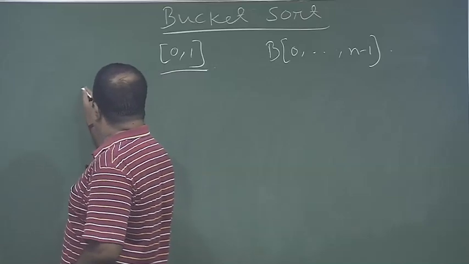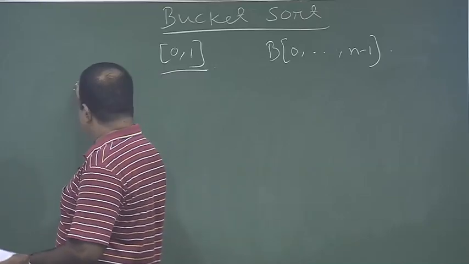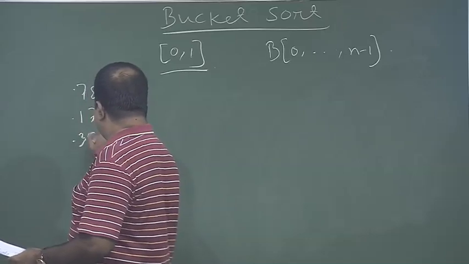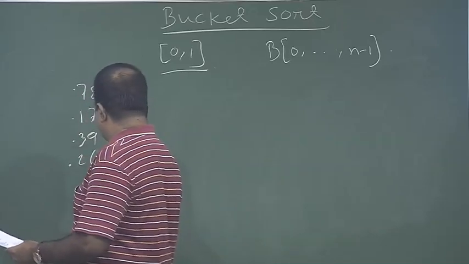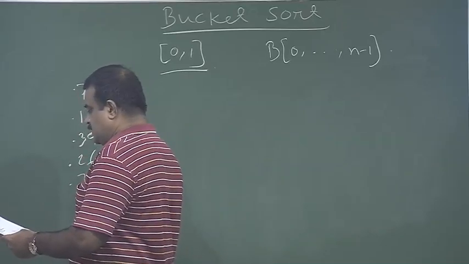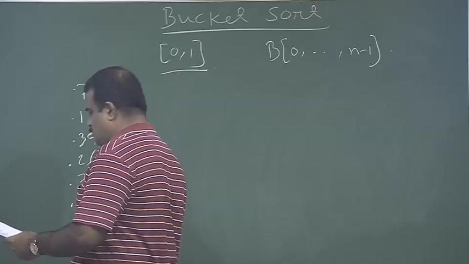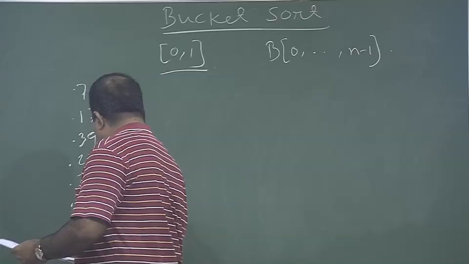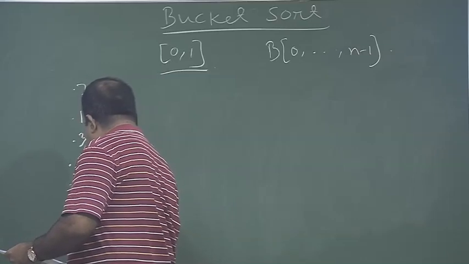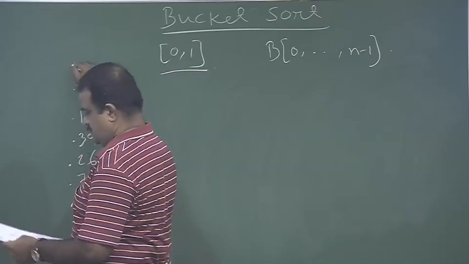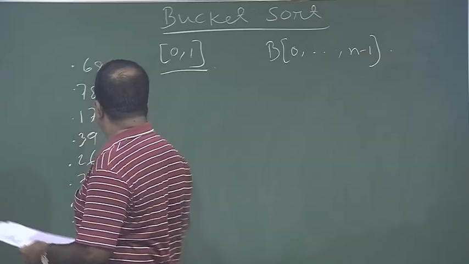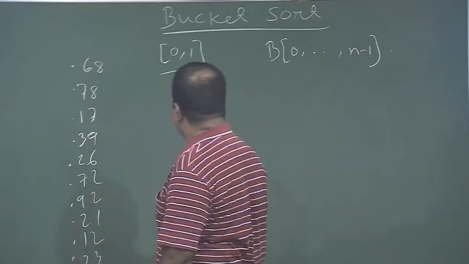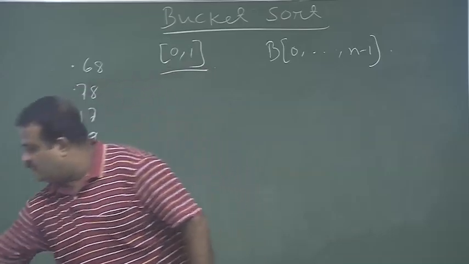Suppose our numbers are 0.78, 0.17, 0.39, 0.26, 0.72, 0.92, 0.21, 0.12, 0.23, then 0.68. Okay. So, all the numbers are between 0 and 1, and suppose we have buckets starting from 0